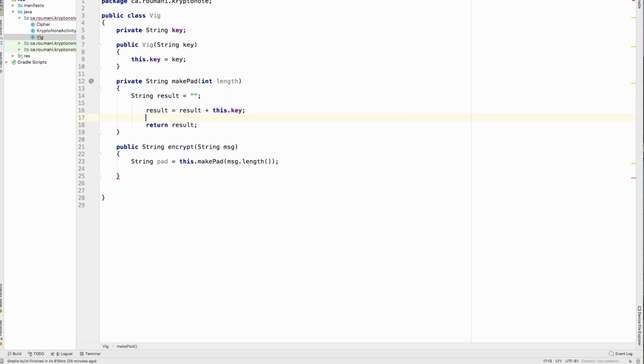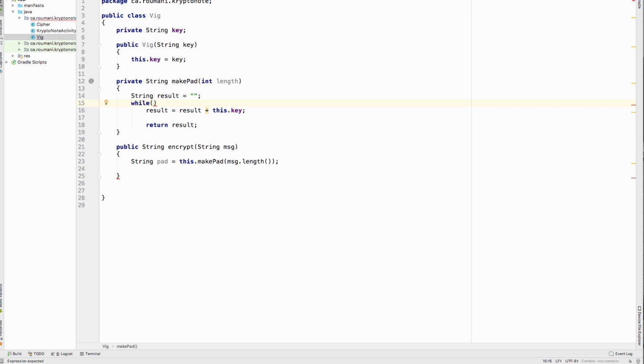So the question, I suppose, is what kind of loop is appropriate? Well, you ask yourself, you want to repeat this process of concatenating the key, how many times? Do you know? Well, I don't know. It depends on the length of this thing. I need to keep doing it as long as I am less than the length of the message. So I can use a for loop or a while loop. Both of them